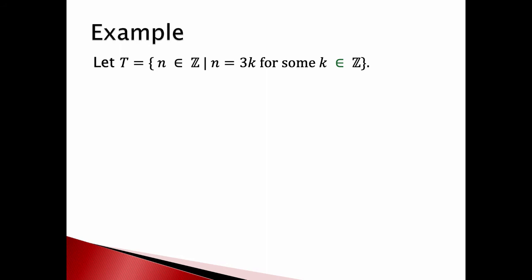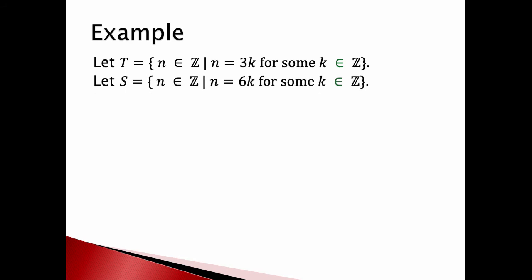Now, if you see something like this for the first time, it's probably helpful to stop and go, wait, what? What would that mean? Well, if k were 0, you'd get 3 times 0. If k were 1, you'd get 3. If k were 2, you'd get 6. If k were 3, you'd get 9. If k were negative 3, you'd get negative 9. So we're talking about all the multiples of 3, both positive multiples and negative multiples, because I've written Z there. So that includes positive numbers and negative numbers.